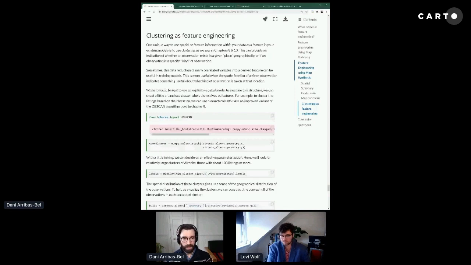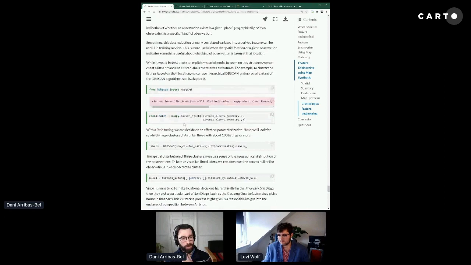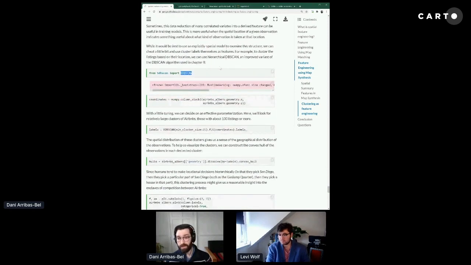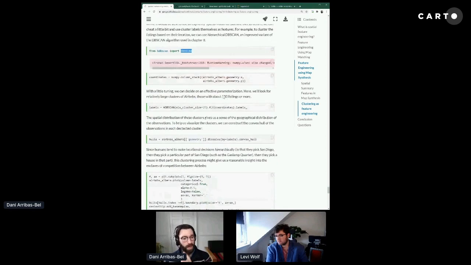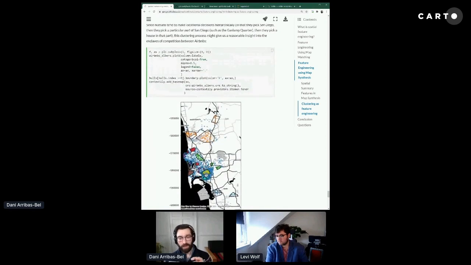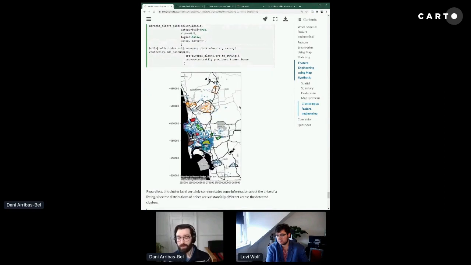But in the spatial or geographic case, you can use hotspot detection mechanisms to create what we would call categorical variables that you can then plug into your models as additional variables. In this case, we show you an example of how to run a variation of DBSCAN, the hierarchical DBSCAN. Here we create clusters, or hot areas, where there's a lot of density of Airbnbs. And here's the illustration. Once you identify those with your clustering algorithm, which in our case is HDBSCAN,